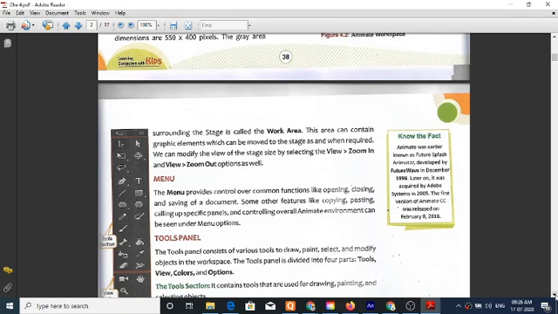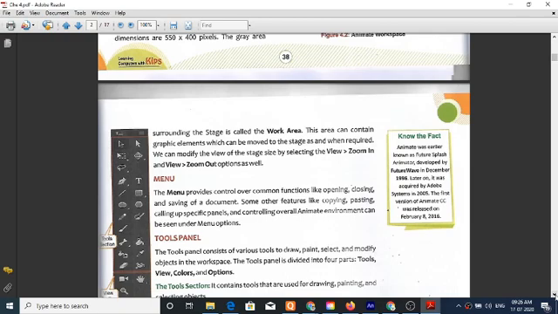Some other features like copying, pasting, calling up a specific panel and controlling the Animate environment can be based under menu options. Now, tool panels.